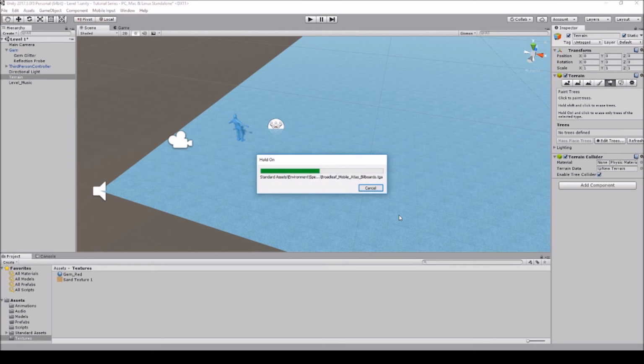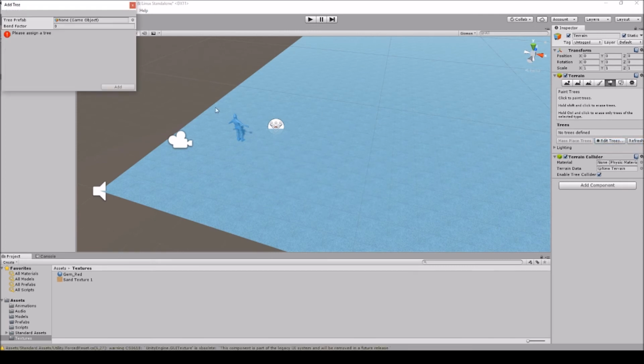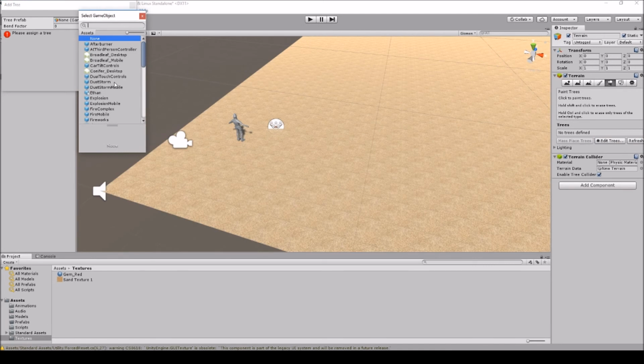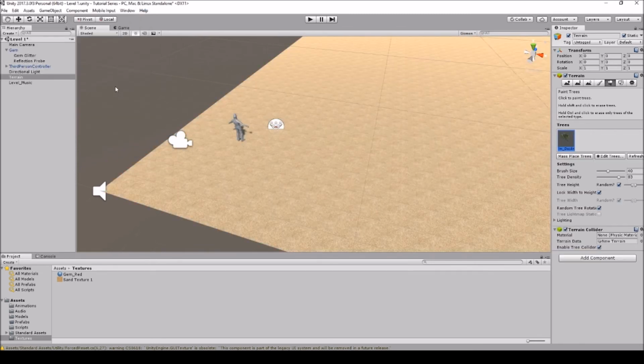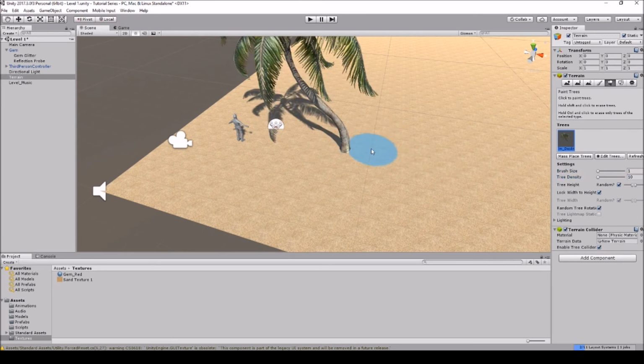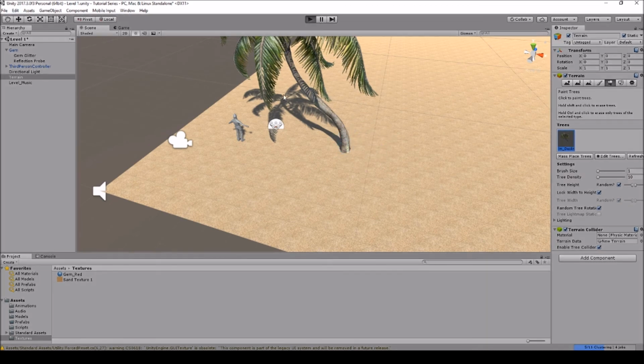And let's just import a palm tree once it's done loading up. Alright, so let's hit edit trees, add tree, click here, and it'd be palm, most likely out right here. So let's hit add. This brush size is way too big. Tree density, tree, let's just do 1. Boom. So we got a tree in there. So hopefully